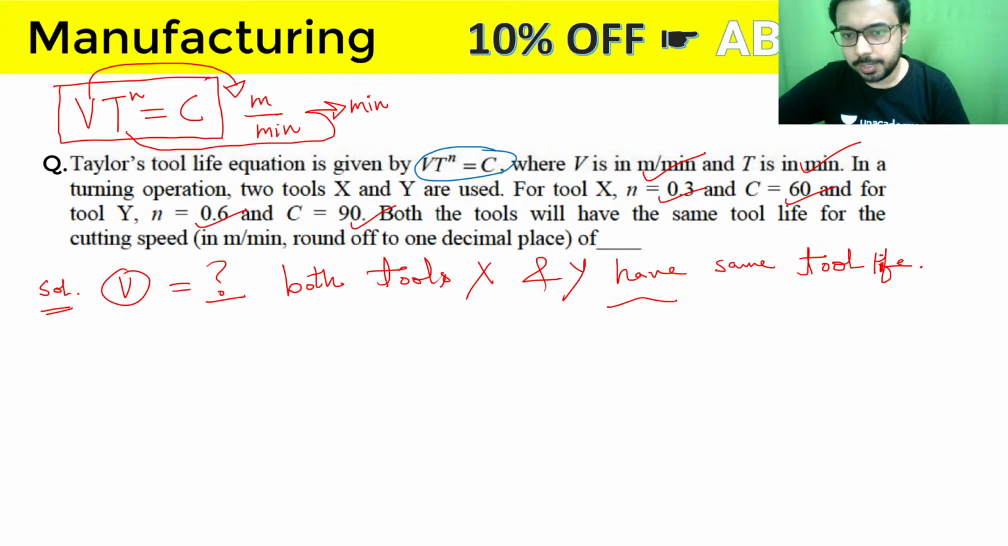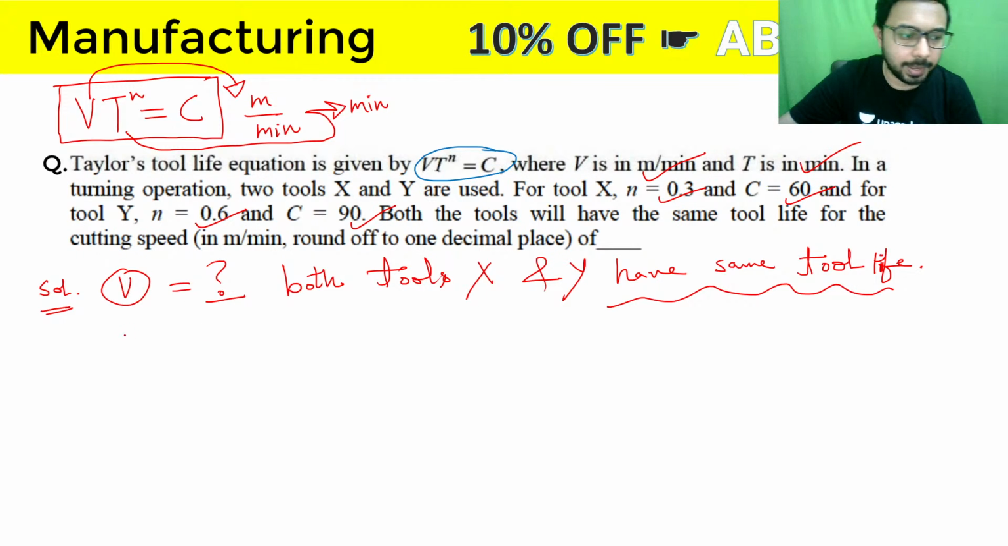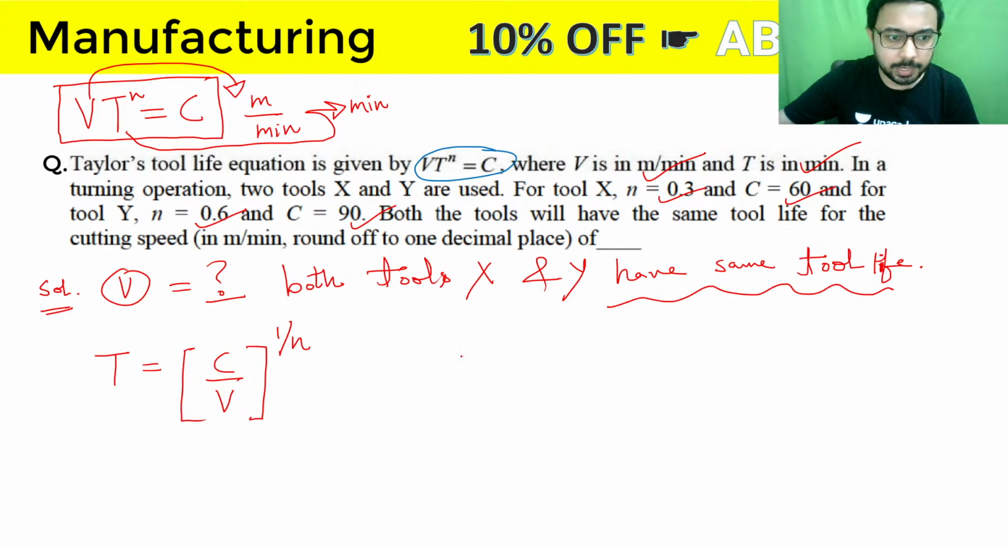So if you are watching it live, just try to solve this question quickly and just give me the answer. So in this question, tool life will be same. So from this relation of Taylor's tool life, we will be getting this: T is equal to (C by V) raised to the power 1 by n. So if Tx is equal to Ty, then